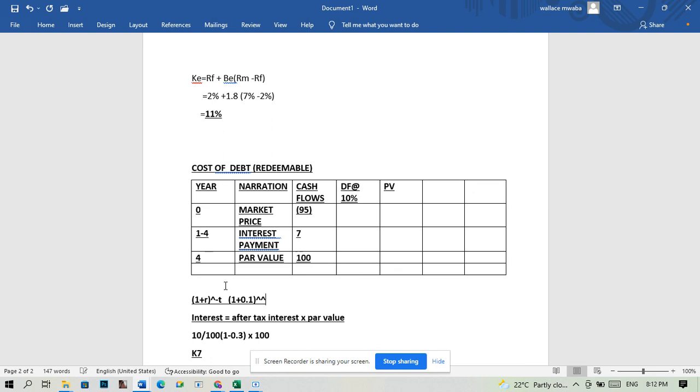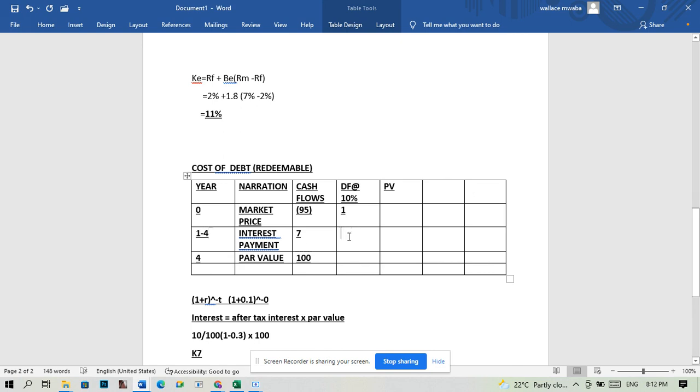We're going to get 1 here. Now this 1 to 4 represents an annuity,